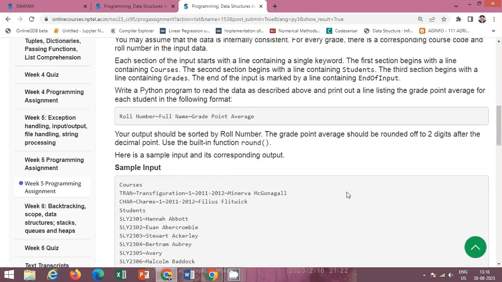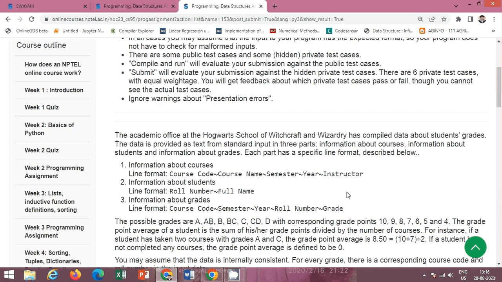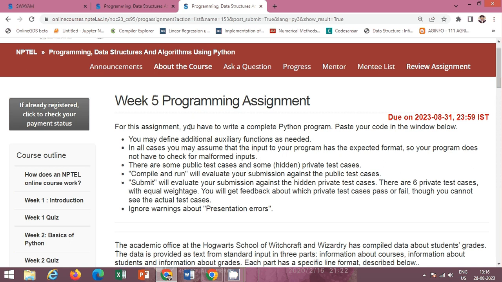So this is the solution of week 5 assignment 5 of the NPTEL course Programming, Data Structure and Algorithm using